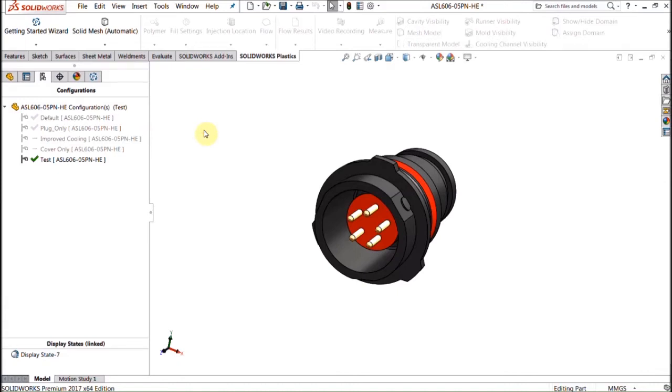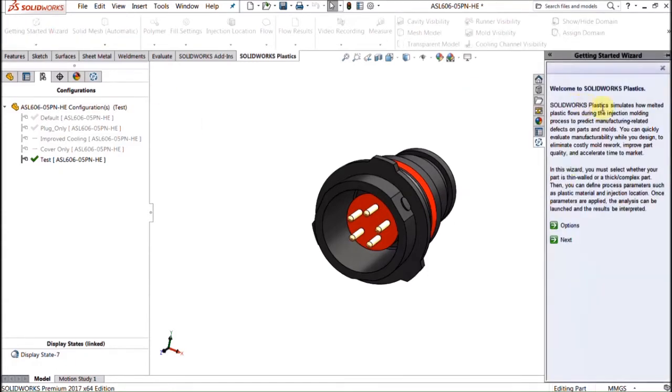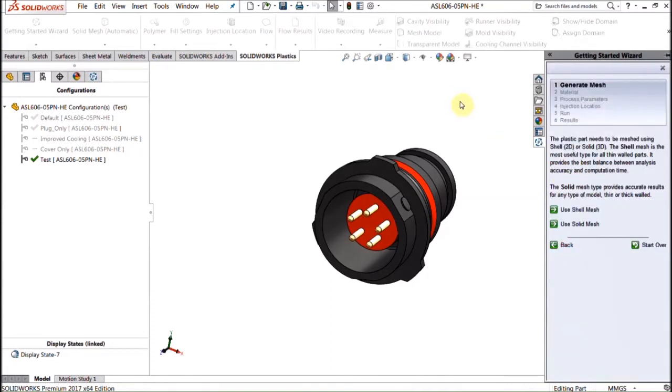So here I'm going to start by using the Getting Started wizard, which is going to take me through the key steps in setting up a new simulation and help me not forget all the basic things that are required for every analysis. And if I look on the right-hand side of the screen here, the first step is to generate a mesh. Like most simulation tools, we have to take the solid geometry that we've created in SOLIDWORKS and